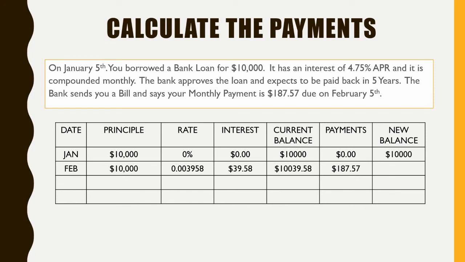My payment is already a calculated factor that includes the interest. They broke down the principal plus the interest that they already calculated ahead of time and divided it by the total monthly payments you're supposed to make to get you a total of $187.57. So because I'm making this payment,